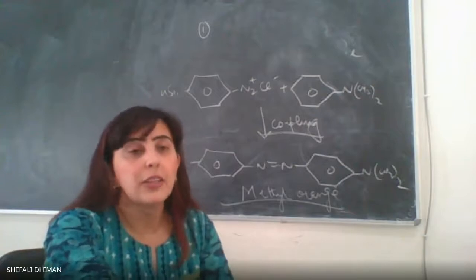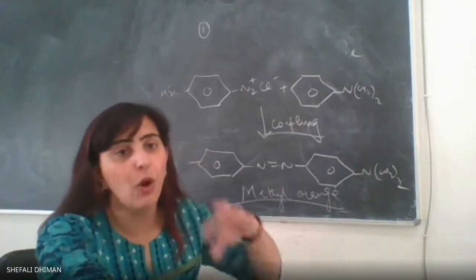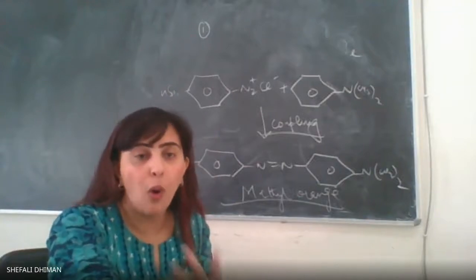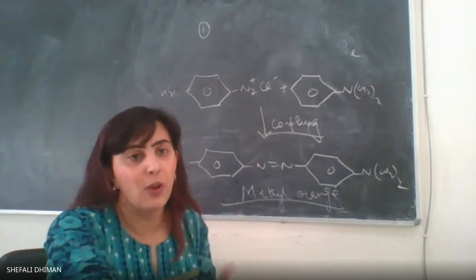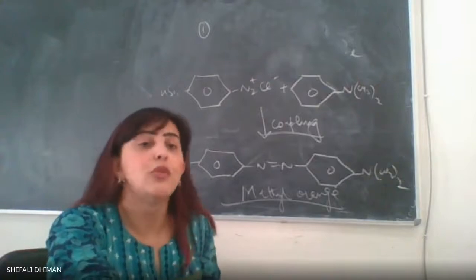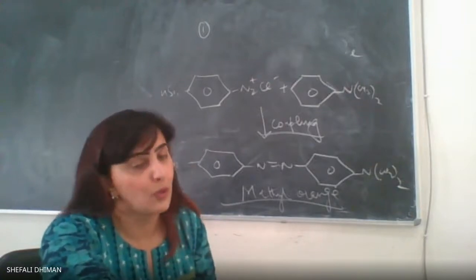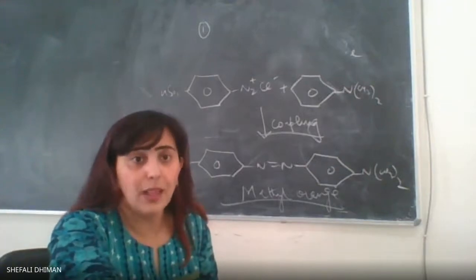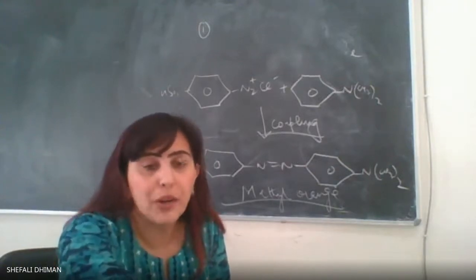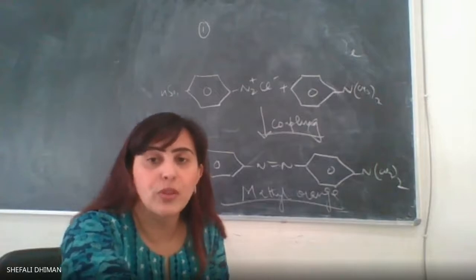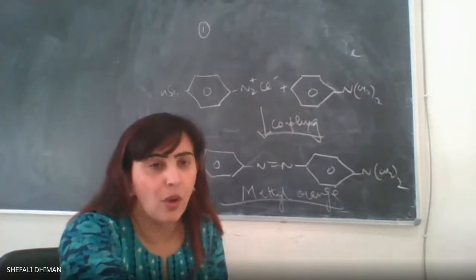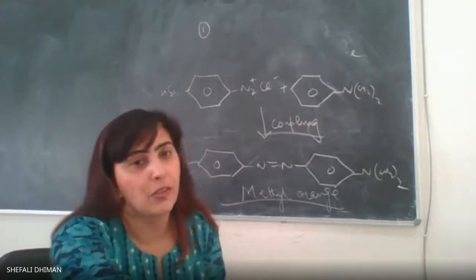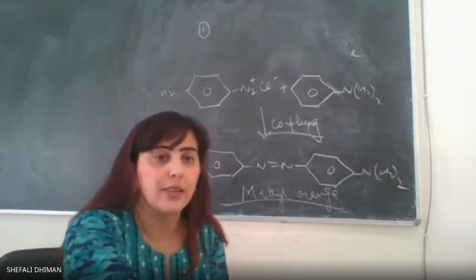You can filter the precipitate. You can again redissolve in hot boiling water in order to recrystallize or to actually make that methyl orange in the form of a crystal. You can do it using hot boiling water, but that is the last step of the reaction. So I hope it is clear, the preparation of methyl orange, which involves 2 steps. The preparation of the diazonium salt, which is in situ, and the second is the coupling reaction to give me the desired product.